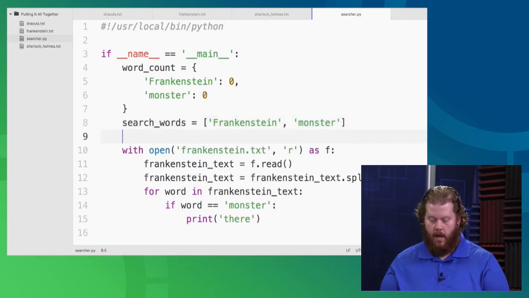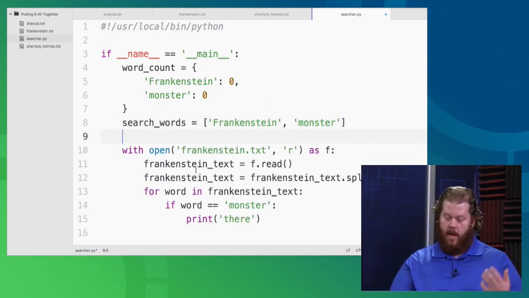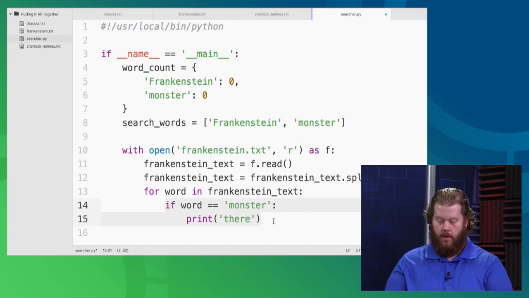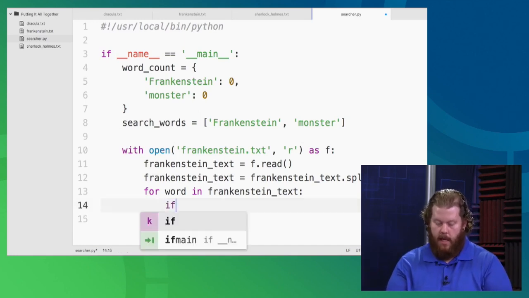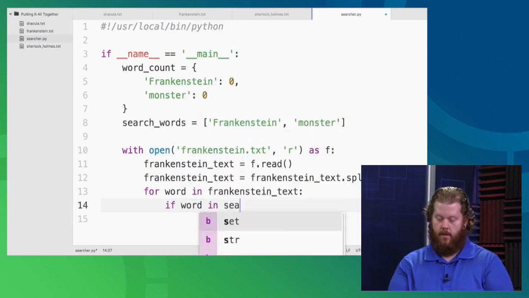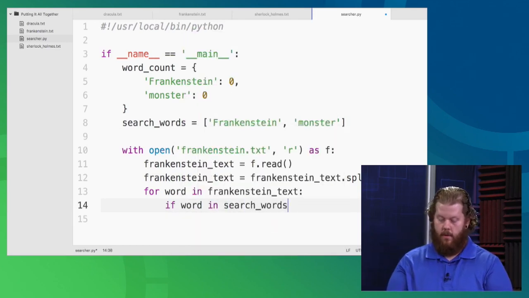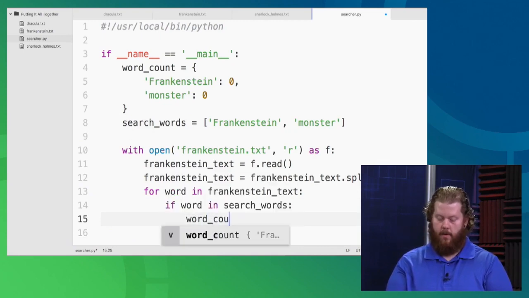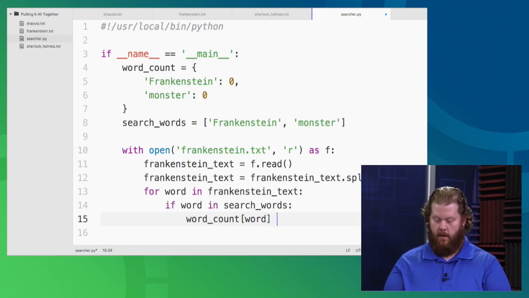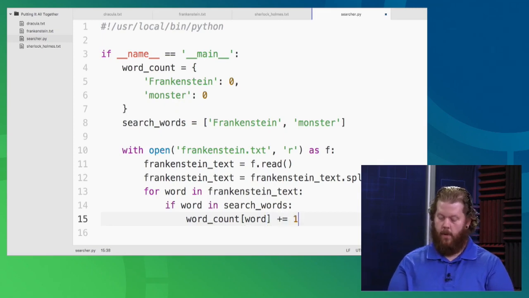And now I'm going to change this a little bit. I still want the text. I want to read it in. I want to split it into words. And then I want to go through here, but I want to change this part. If word in search words,